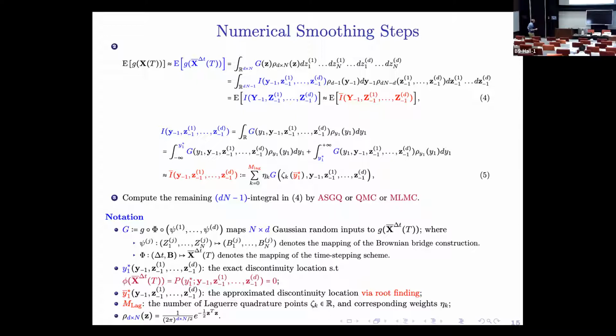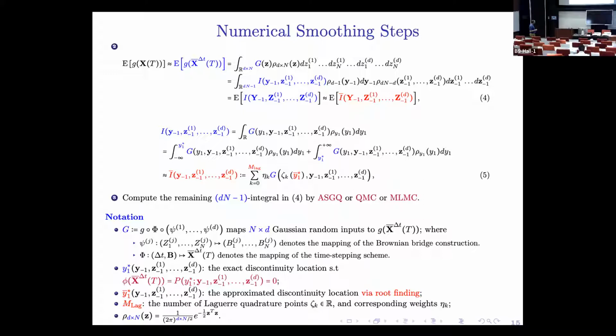Okay, so initially we started with this expectation, and then you discretize your process. So you have the following quantity of interest. This can be seen as a d times n dimensional integration problem, where d is the number of assets and n is the number of time steps. What we do is numerical pre-integration with respect to y1. So here I introduced this I, and I, as you see, is basically the integration of J here, capital J, with respect to the density of Y1. I should emphasize that J here is kind of generic because you can see it as a composition of 3 maps.